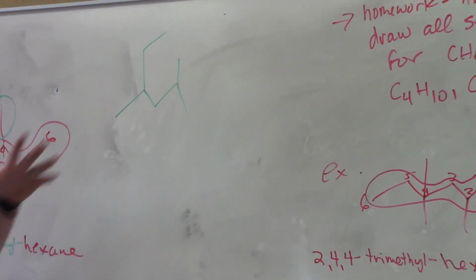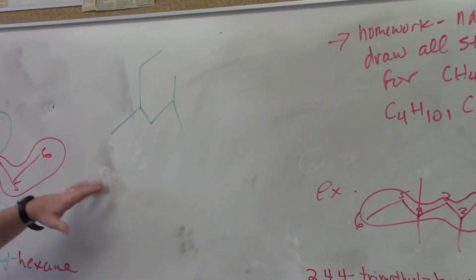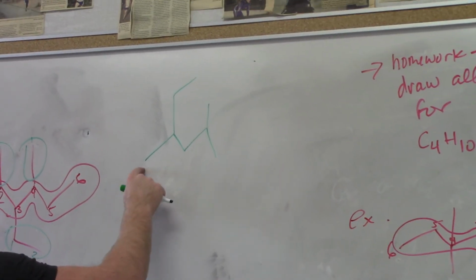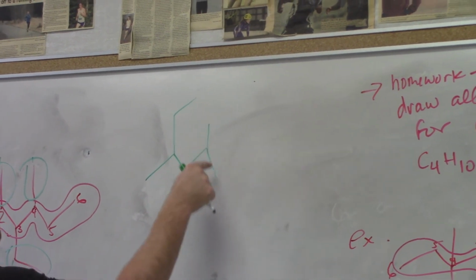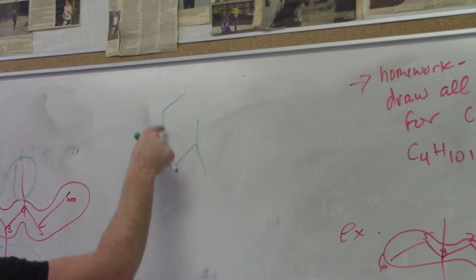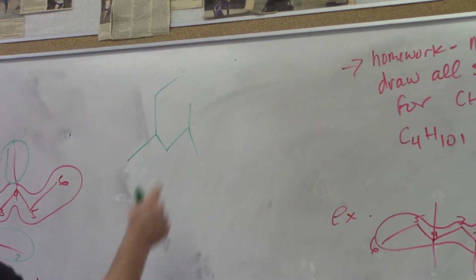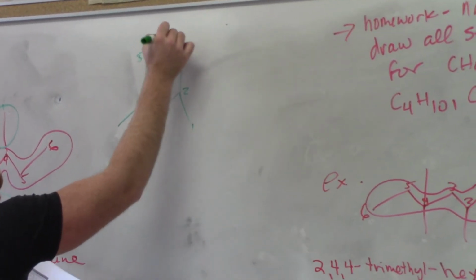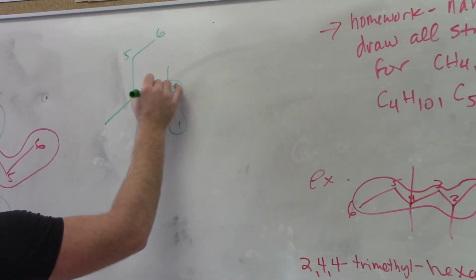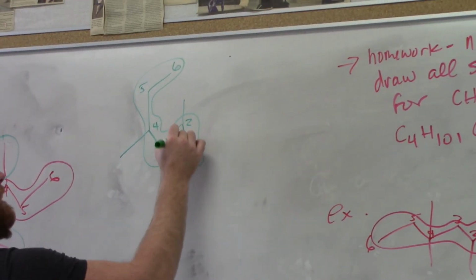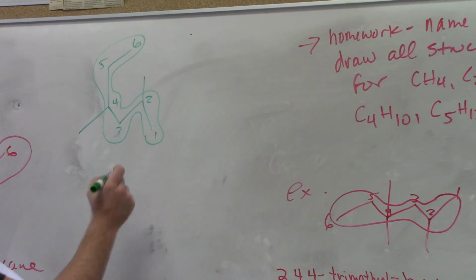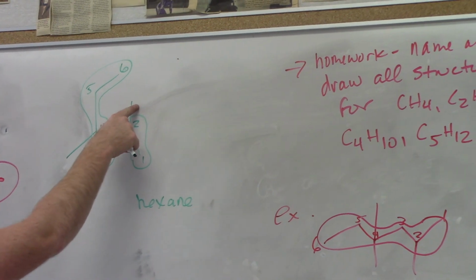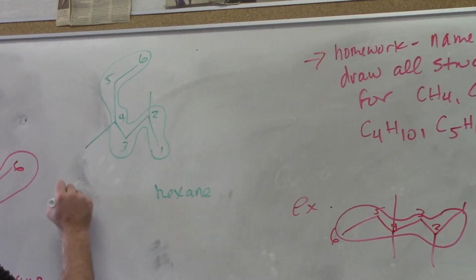Okay, so this, again, I'm going to use line structural diagrams most of the time because they're the simplest ones to put on the board. All right, so we have 1, 2, 3, 4, 1, 2, 3, 4, 5, or 1, 2, 3, 4, 5, 6. So this is actually my longest chain. 1, 2, 3, 4, 5, 6. So it's not always intuitive where the longest chain is. That is an easy one to miss if you're not careful. All right, so again, this one's hexane. And then I have a methyl group on carbon 2, and I have a methyl group on carbon 4. So that's 2, 4,